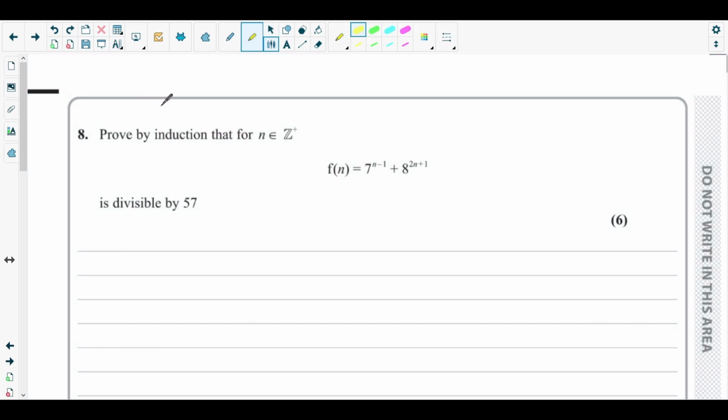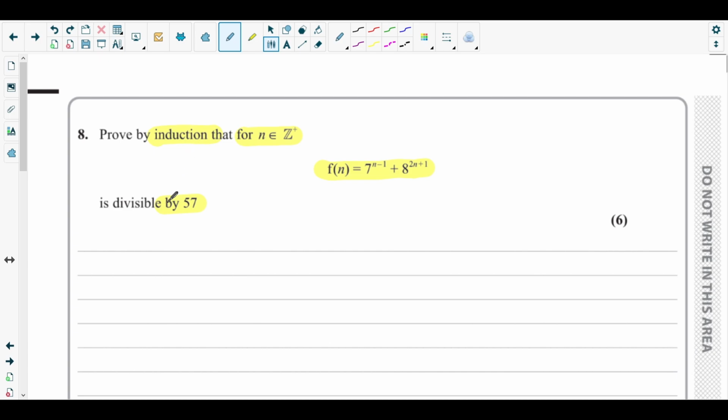Here in question number 8, the question is asking to prove by induction that for n an element of the positive integers, f of n equals 7 to the power n minus 1 plus 8 to the power 2n plus 1 is divisible by 57. This is proved by induction. So the first step